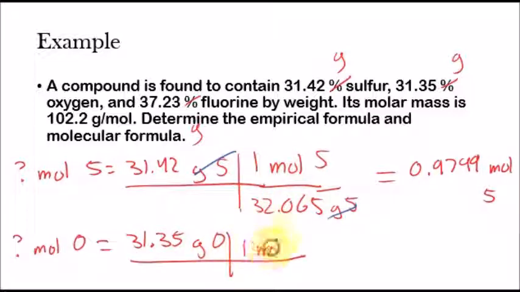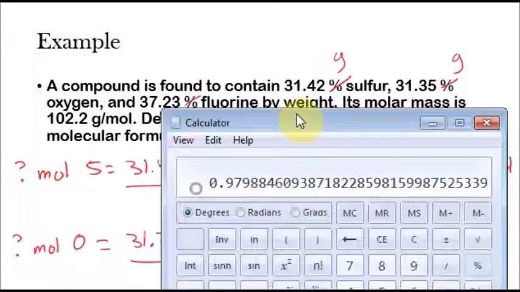1 mole of oxygen, if you look at the periodic table, you'll see that 1 mole of oxygen will have 15.999 grams of oxygen. I'm just trying to save time, so I don't want to flip back and forth between the periodic table and this. Grams of oxygen cancel out with grams of oxygen. We're left with moles of oxygen. So then from here,